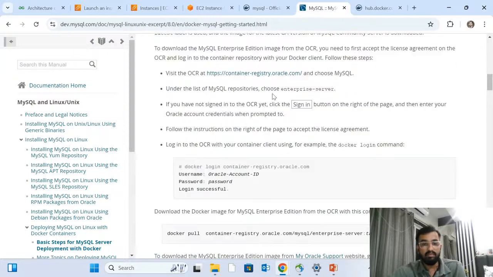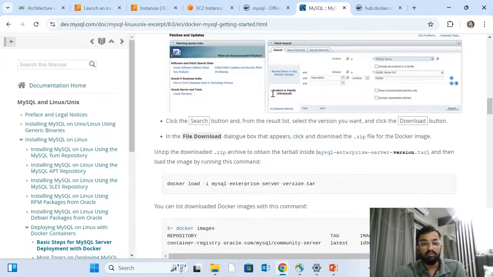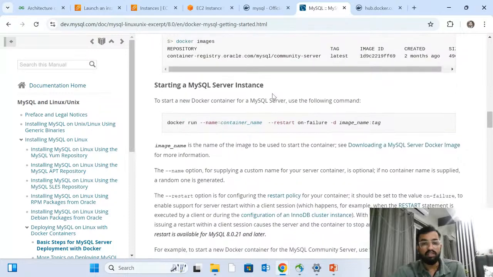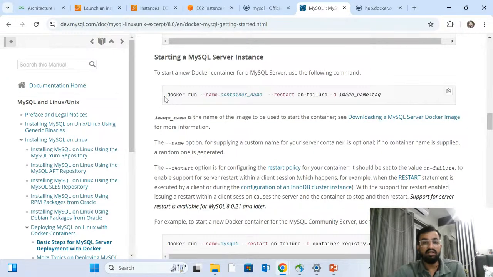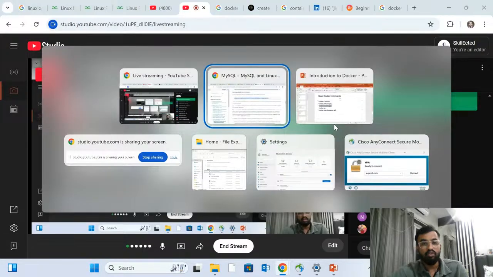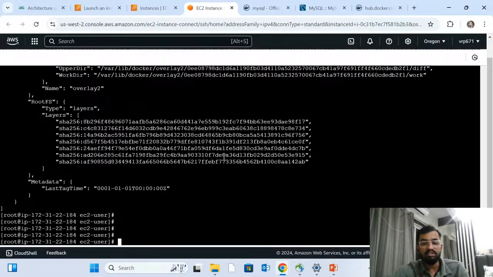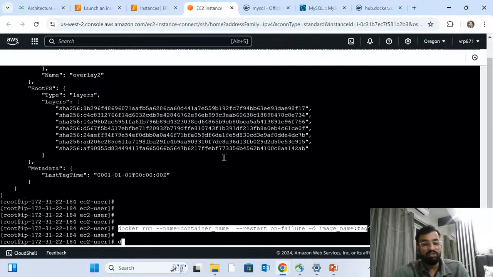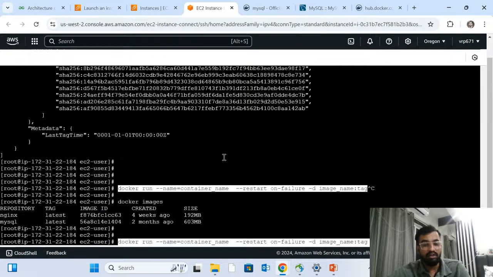ओके, सो आपने सर अभी इमेज को रन किया है। नाउ आई एम गोइंग टू रन द इमेज। सो दिस इज द स्टार्ट अ माई सिक्वेल सर्वर इंस्टेंट। यू कैन गिव द इमेज नेम। सर अभी हम लोग ये कमांड को कॉपी कर लेते हैं। Let's copy this command and let's paste this command here. First of all you just mention the docker images name. Okay, so command क्या है सर? docker run